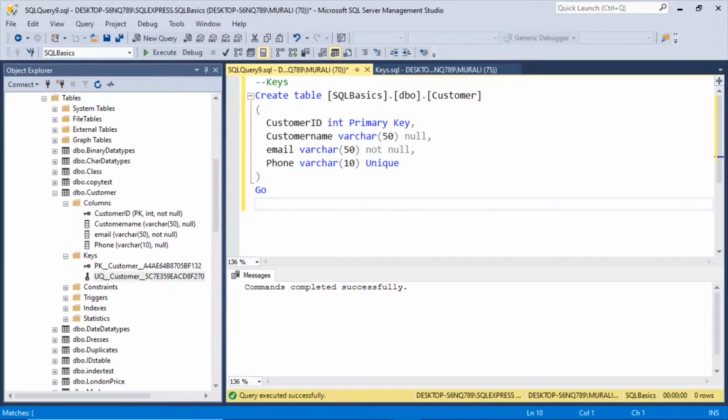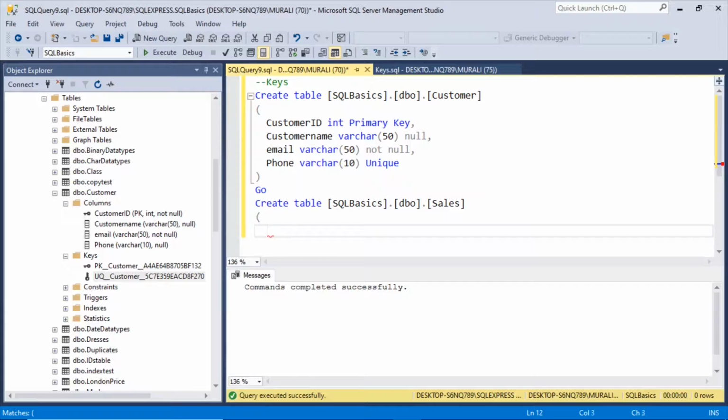Now let us create a sales table. Create table SQL basics dot dbo dot sales.